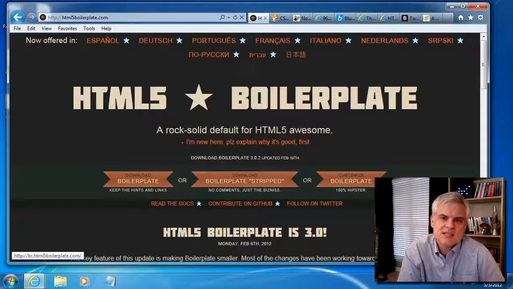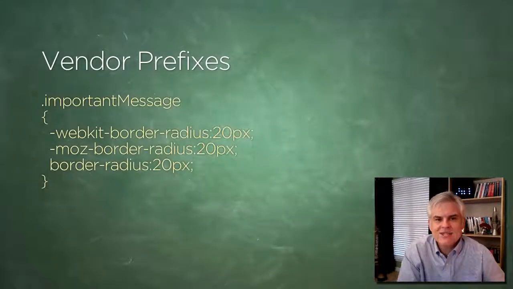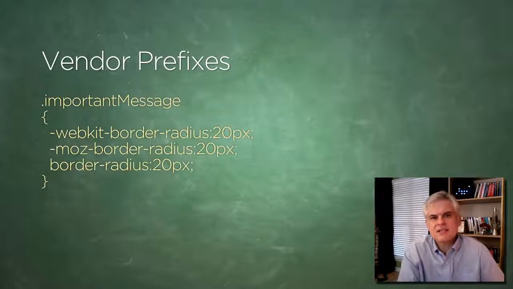The first is a topic we didn't really talk about: vendor prefixes. They look something like this on screen, where you have a dash and then a keyword like WebKit, or a dash and a keyword like Moz, before a CSS property, in this case the border radius, followed at the very end by the border radius by itself without any prefix. Now, like we said much earlier in this series, CSS Level 3's specification was broken up into multiple parts,